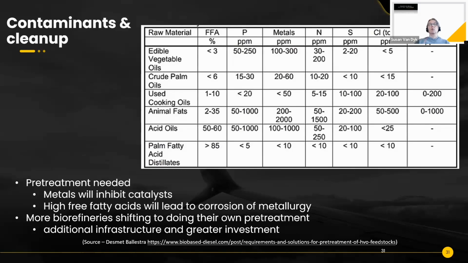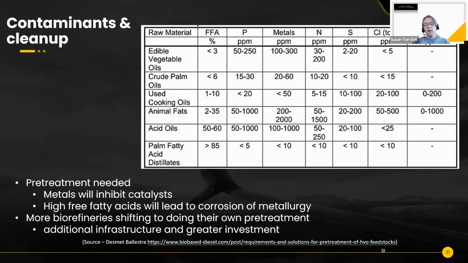chlorine. That's also important. What we don't realize is, for example, animal fats might come from food that has been packaged and so on. So you might even get plastics there and chlorine from other sources. Plastics, polyethylene. So again, here you see there might be plastic that got into your used cooking oil or in your animal fats. So depending on the feedstock, you have to understand what is in there and how to remove it if you're going to produce